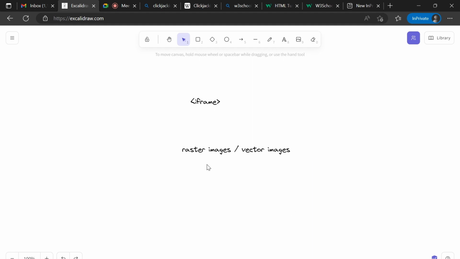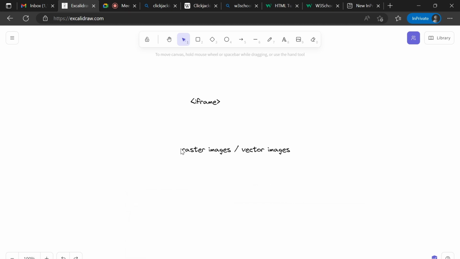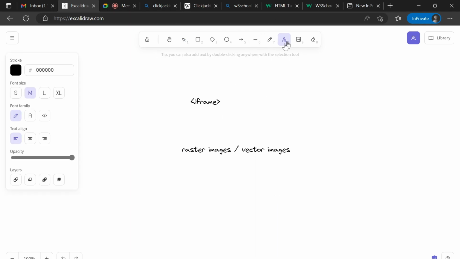The images we imported previously, in PNG format or other formats, are raster images. Images with PNG, .jpg or .jpeg are all raster images, and vector images have the extension .svg.